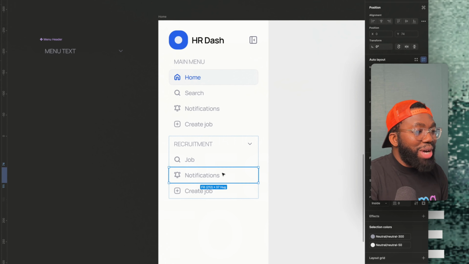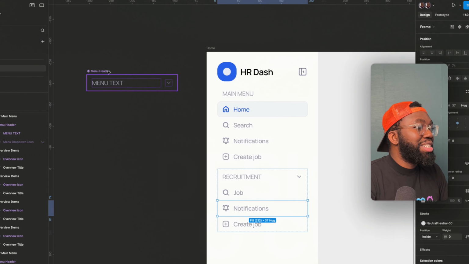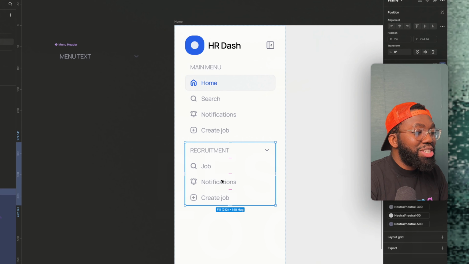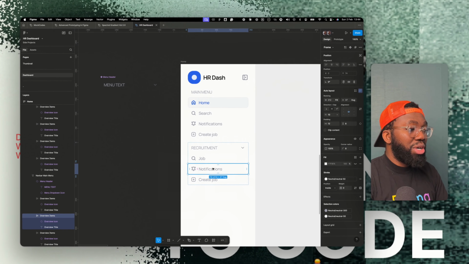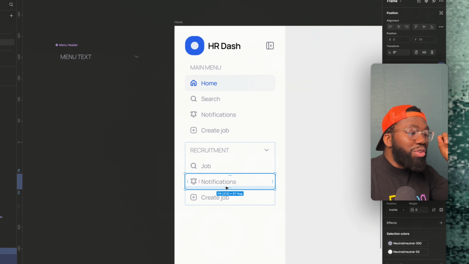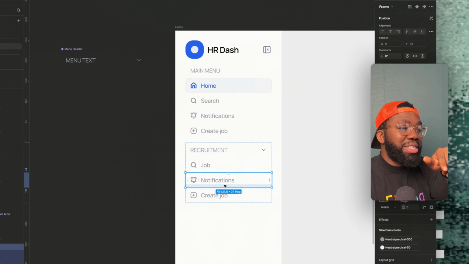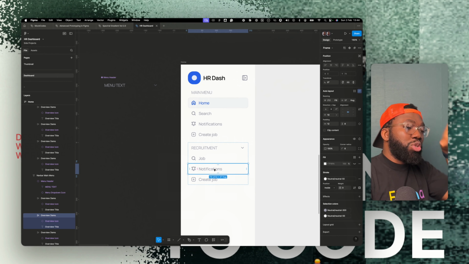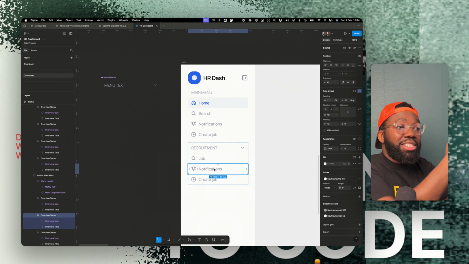Again, I would love to have turned this. So this is menu header. I can turn this into menu overview items and turn it into components. And for each of those components, I would have properties, and also for the icon, I'll have its own property, and I can do an instance swap